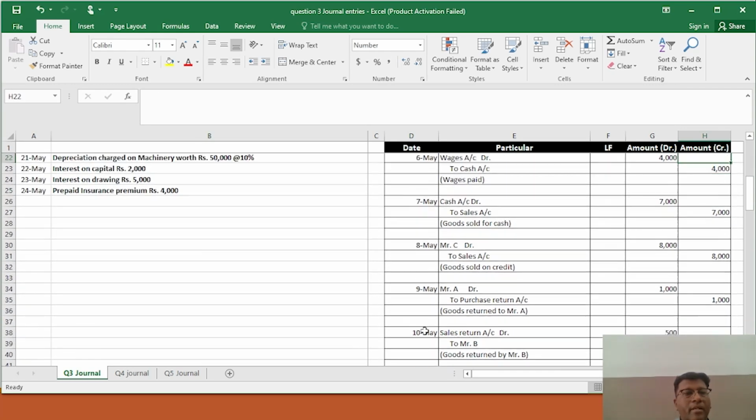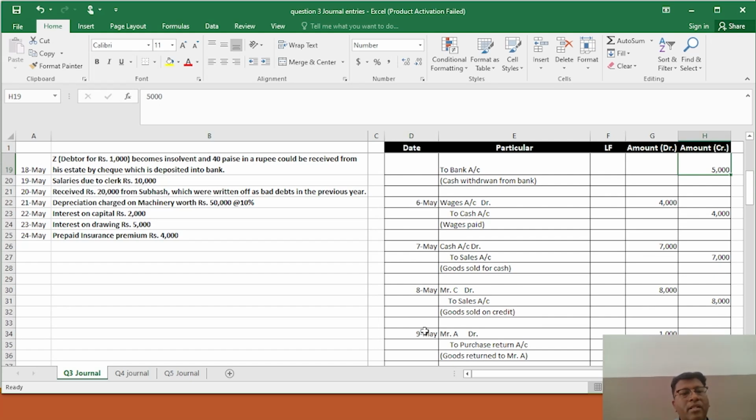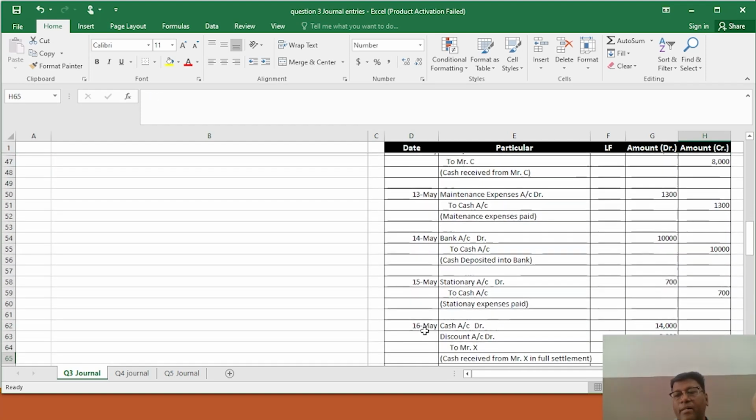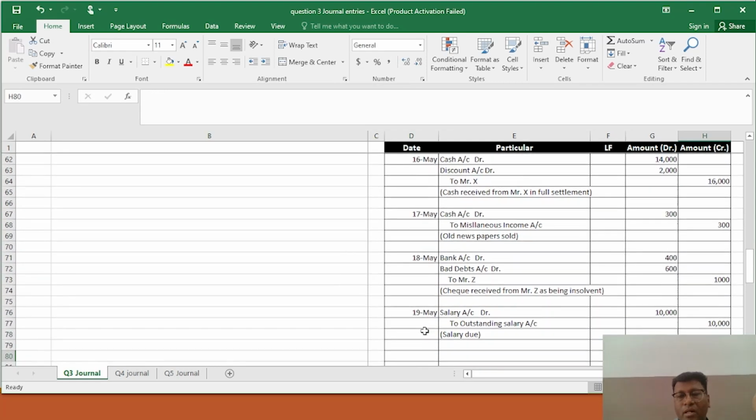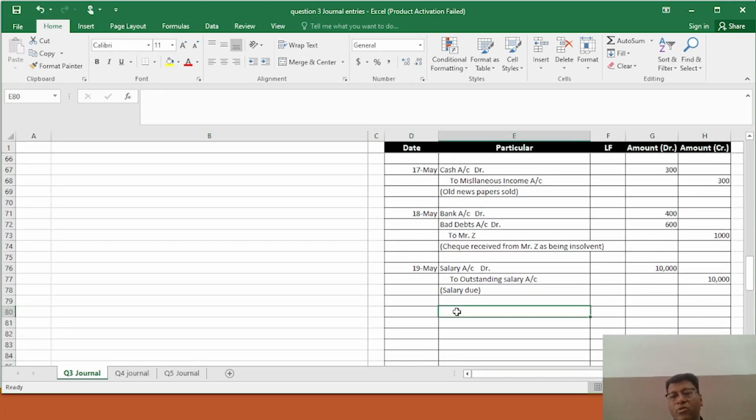on 19th May, and the next transaction is received 20,000 from Subhash, which was written off as bad debts in the previous year. It means there was already a case of bad debts in the previous year, and if you are receiving the cash, okay, it is the case of bad debts recovered. So this is the particular head you have to open in your account, bad debts recovered account, right? So you are receiving the cash rupees 20,000, which was earlier treated as a bad debt, so bad debts recovered, right? From Subhash. So you do not have to mention the name of Mr. Subhash, but you have to write that cash account